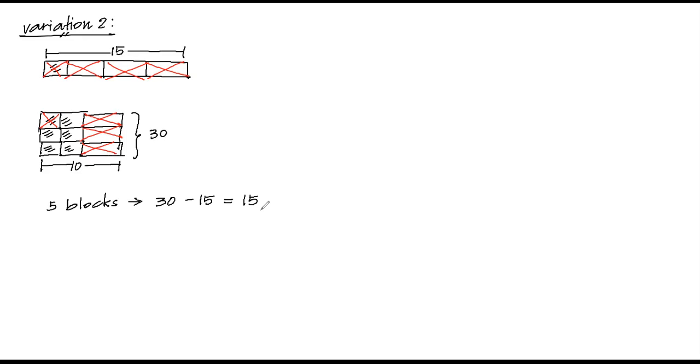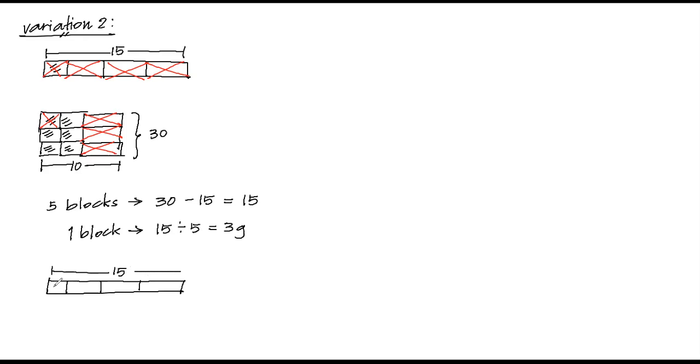Now, please take note that the block represents the weight of one plum. 15 divided by 5, that will become 3 grams. And therefore, it is already proven from our previous variation that the answer is correct. Now, what if you're about to find out the weight of the peach? So there are 2 steps in solving 2 variables.